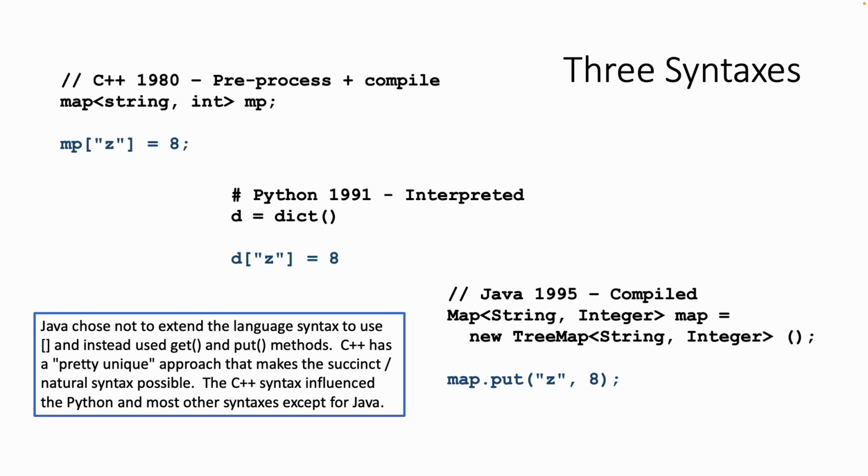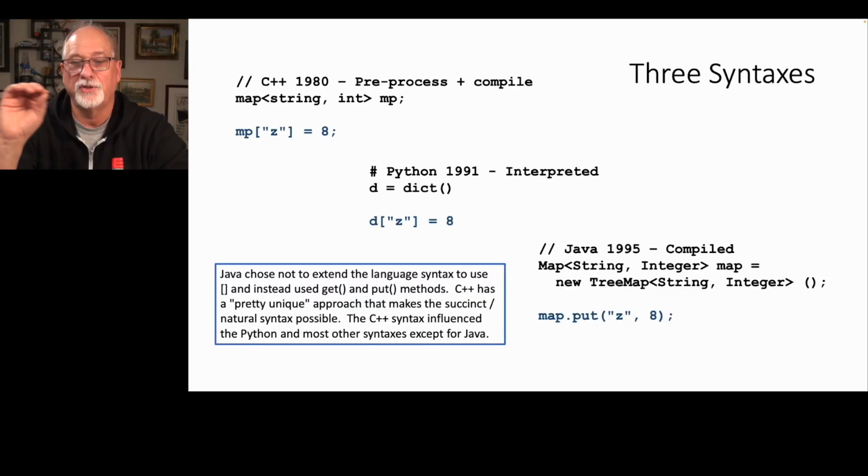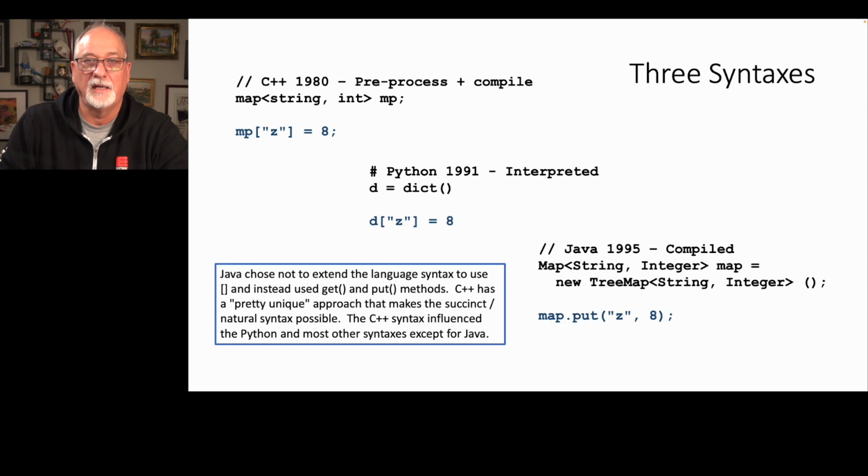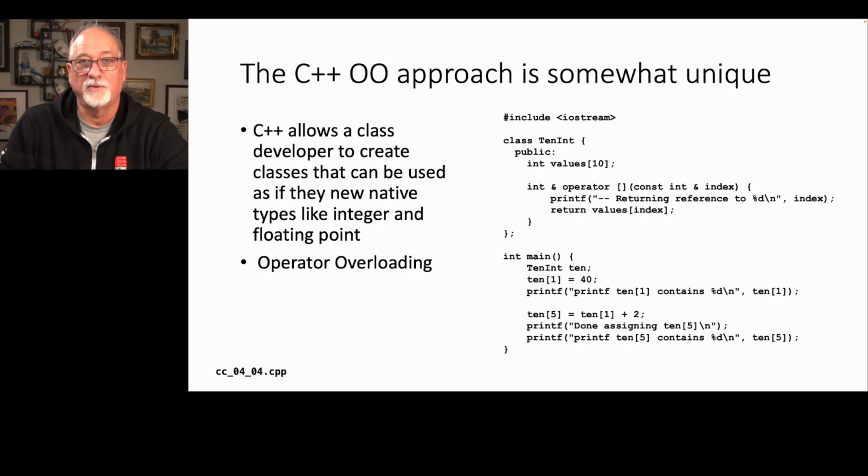But if you look at Java, it says map string integer. So we again have this notion of a generic class, capital Map string integer, map, which is our object variable, equals new TreeMap string integer, which of course is choosing the underlying implementation. And then they have the syntax of a setter style, map.put. And then they're giving the key and the value as two different parameters. There are choices that each of these languages are making, and I'll try to highlight them as we go through it.